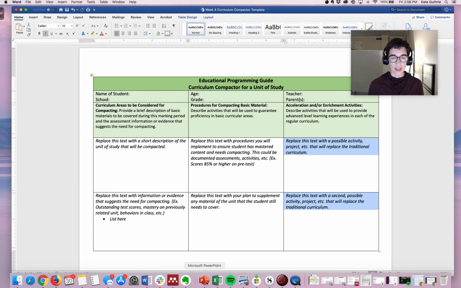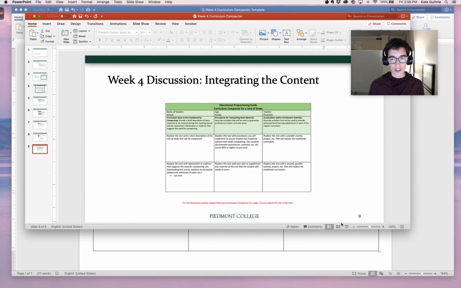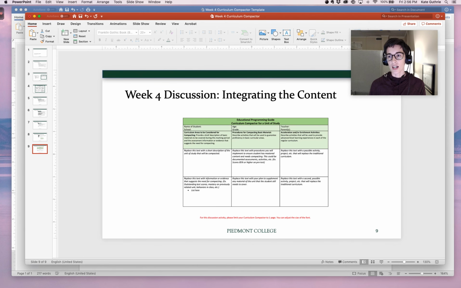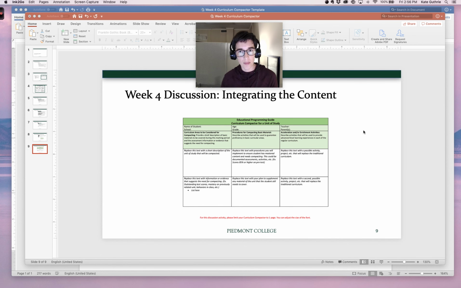And so that is your week 4 discussion of integrating the content. If you have any questions, please feel free to let me know, but I will give you specific directions on how to post this table in your discussion forum post. That way it will be easy to read, and I